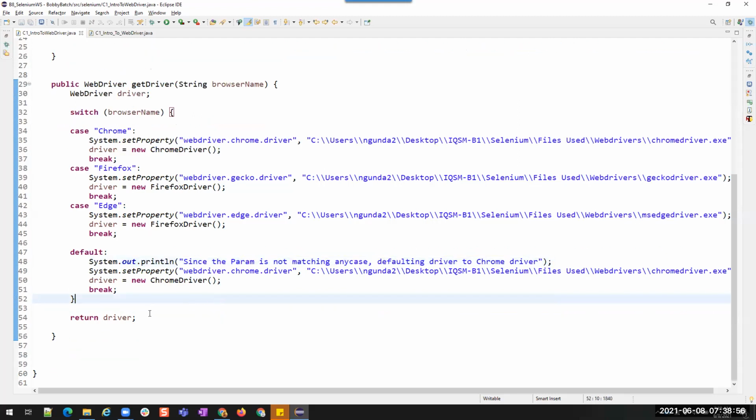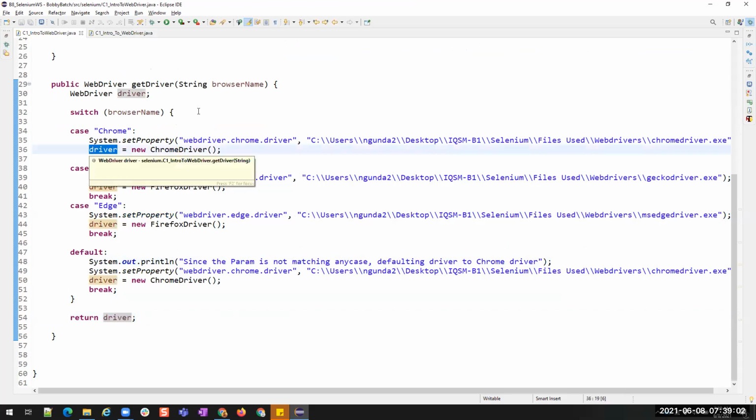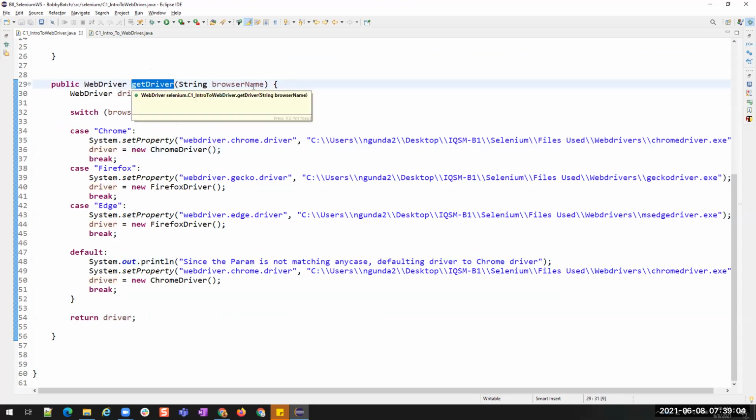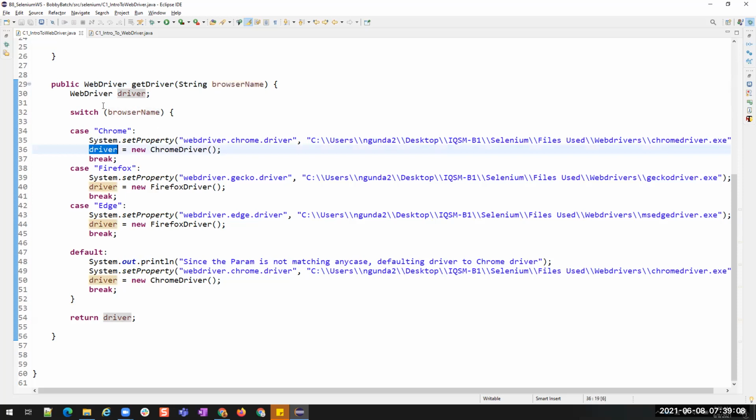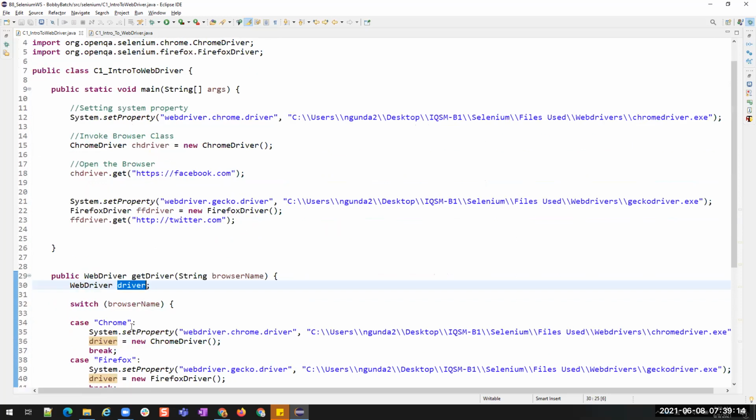Okay, we can have this. And now we are returning this driver. Okay, now we don't have to change anything. We can just call this method name with the browser name, and then we'll get the driver object, which is of type WebDriver. Okay, this is the method.